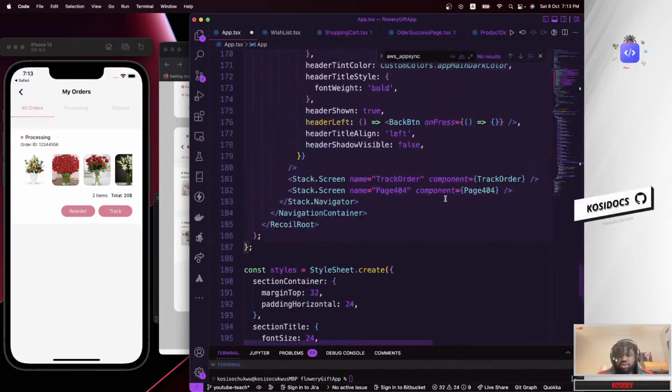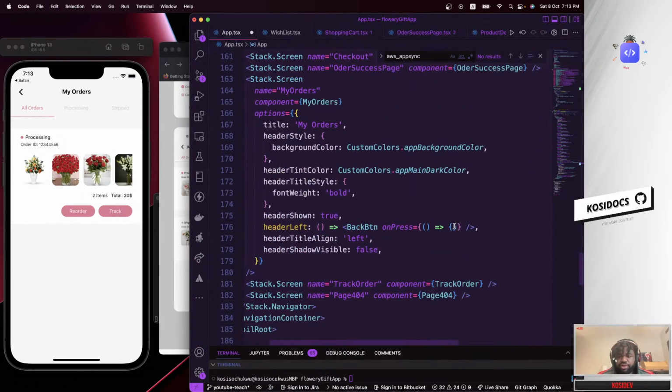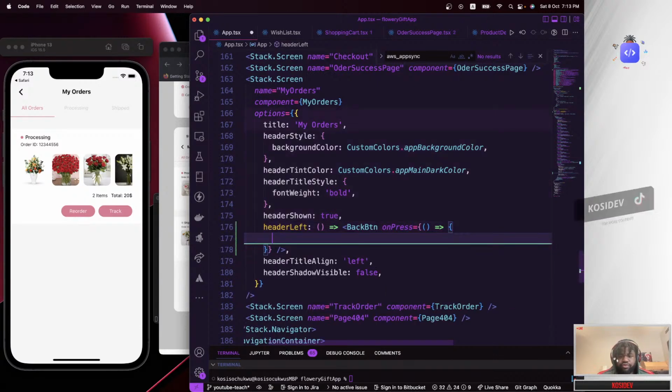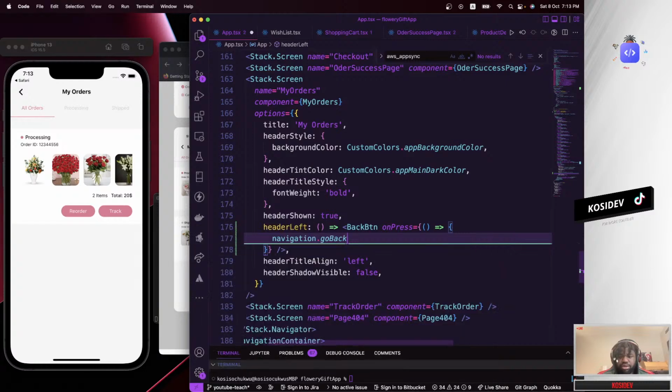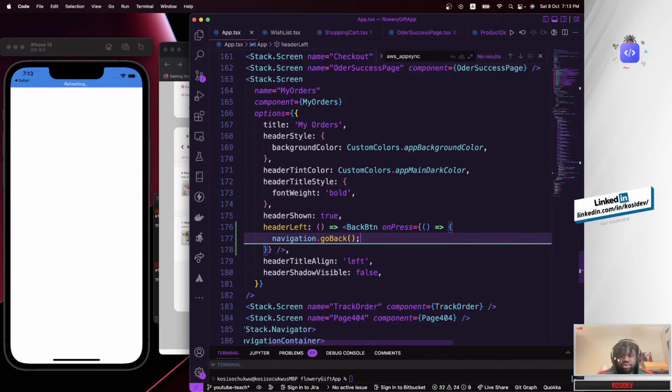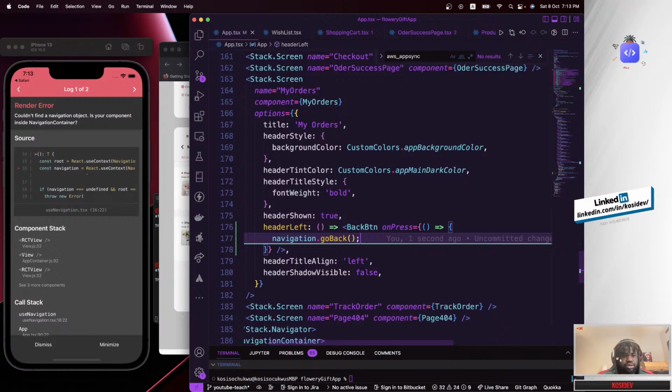And in here, to get back to the previous screen, what we have to do is navigation.goBack, and that's all.